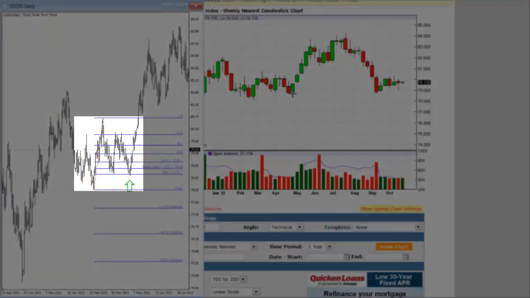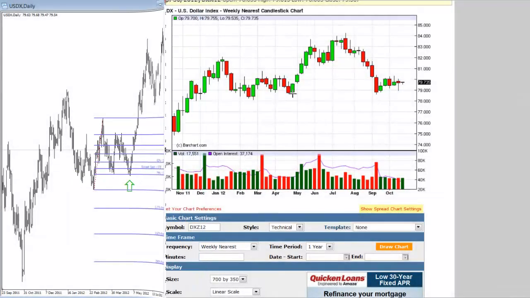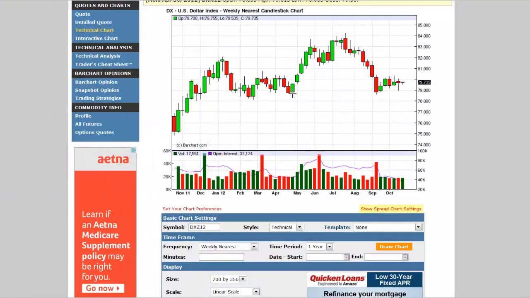Now, utilizing this concept of weekly ranges and seasonal tendencies, typically in the springtime we see a weakness come into the marketplace in the form of the British pound usually making a seasonal high, April, May, and trading down into the summer months. Well, that's going to be a mirror image, or reverse, in the dollar. The dollar should rally up at that same time frame, and you see that unfolding here.